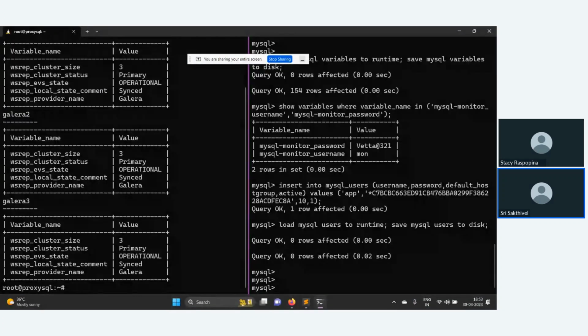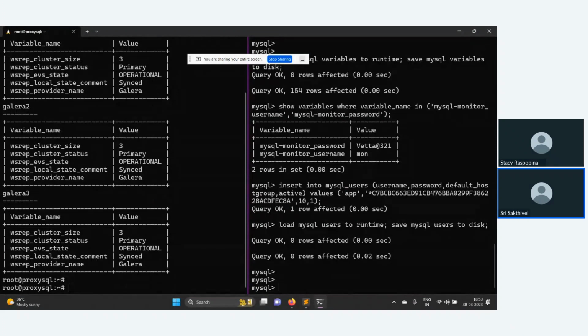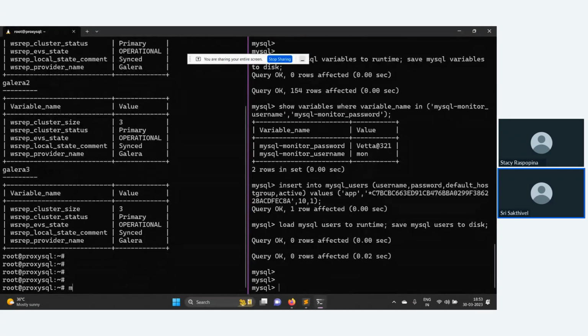We did the ProxySQL related configurations, and we also whitelisted the user. So now we are good to connect. Actually, using this app, we are good to use. Actually, ProxySQL will use two ports. One is by default 6032 and the other is 6033. 6032 is for your